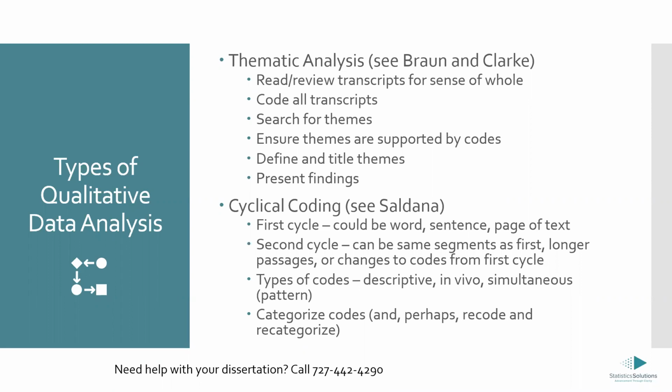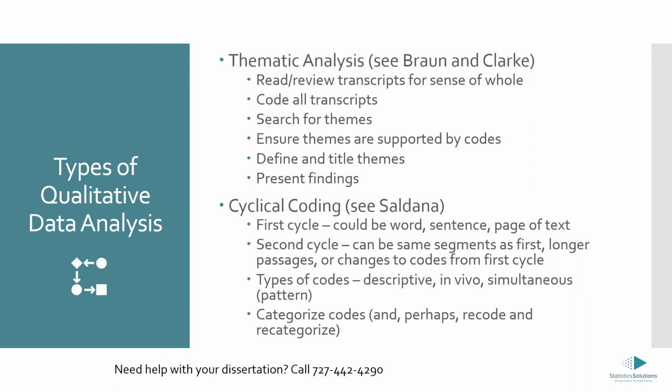So, it's not so much that the themes are like hidden in there and you're just trying to find them. I mean, you're actively constructing, you're actively doing this data analysis. And so in the search for themes, you are sort of interrogating that code list that you've made in the second step, and you are looking at how those codes are related. So if we go back to the tearfulness and disappointment, what they share is this sadness, this communication of sadness. So that's how you start to build these themes up. So that's the search for themes.